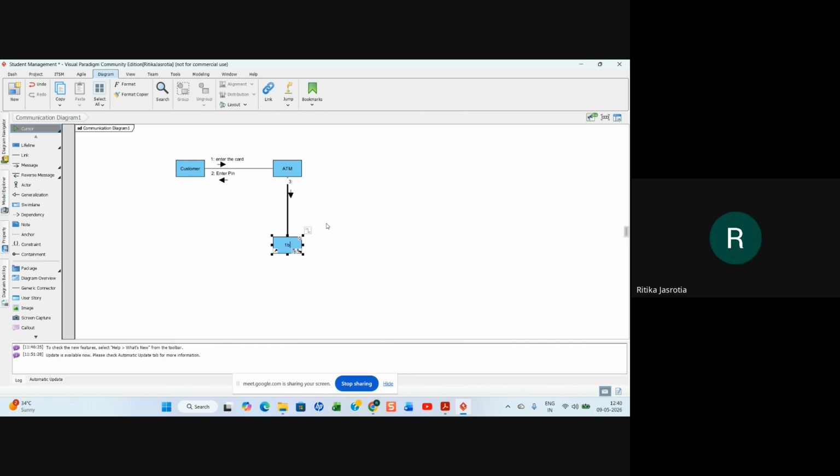From the bank, it will check. Third message goes to the bank. What is the message there? Verify PIN, you know? It will verify the PIN.